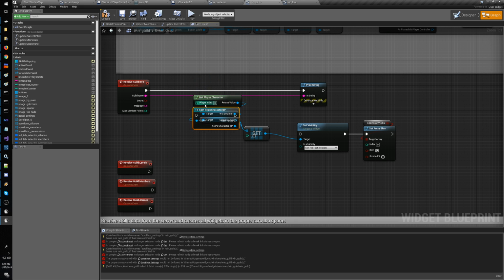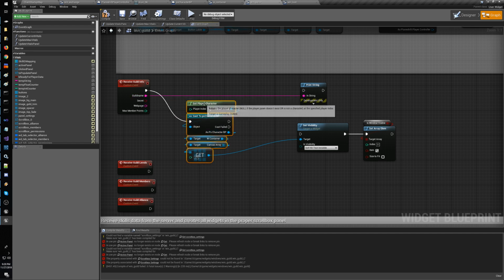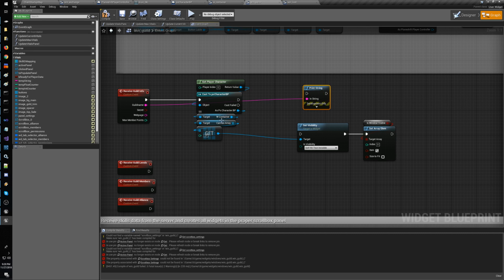So actually the sequence is something like this, which is a bit of a convoluted way, but it's okay. We basically go on the player character. From the player character we get our array for the windows, and from the array of the windows we just get the number 21,